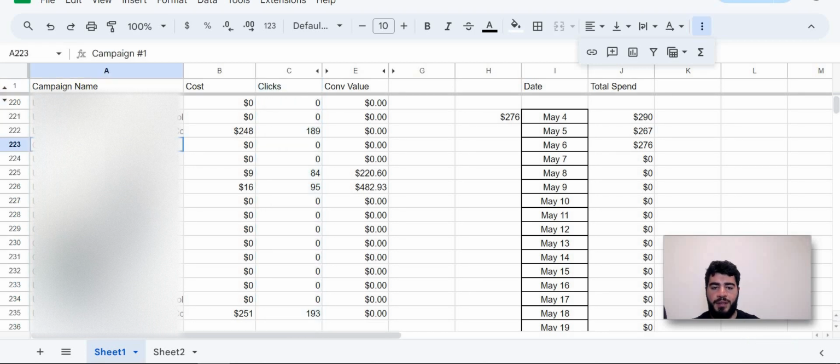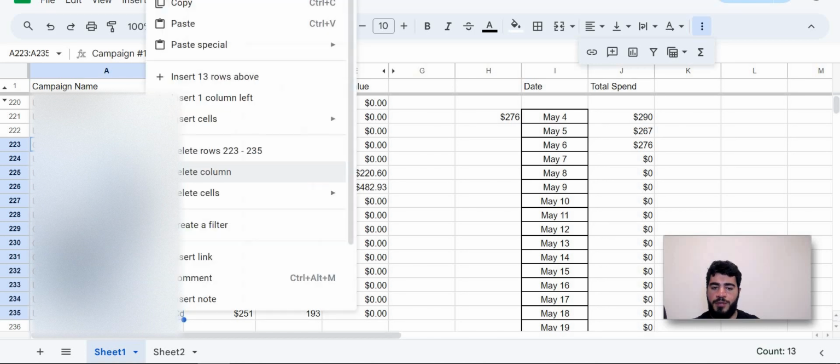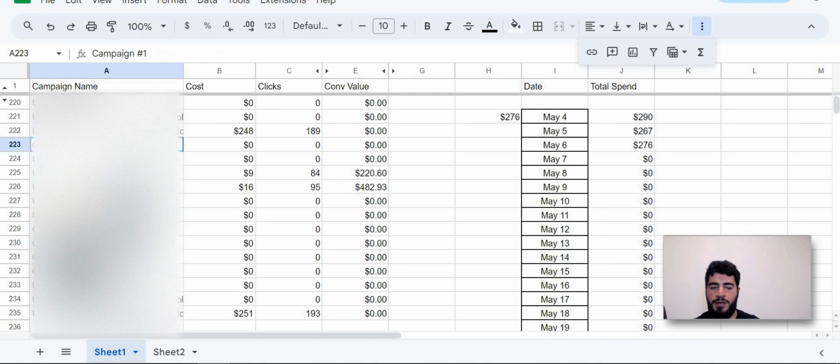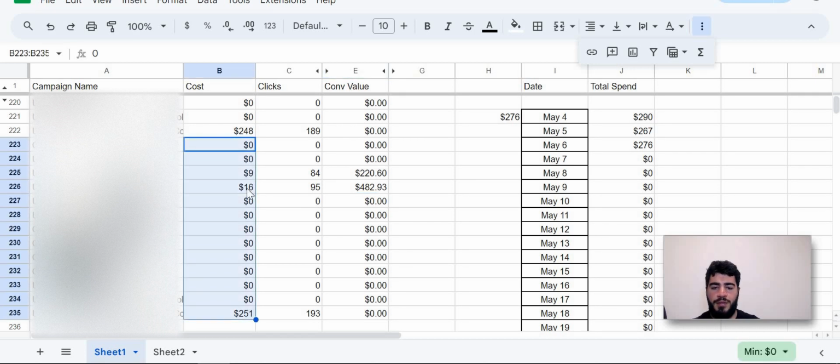We would get 13 campaigns. Most of them are not running. For example, out of 13 campaigns that we have in our Google Ads account, only 3 are actually running and spending something. So yeah, as you can see,